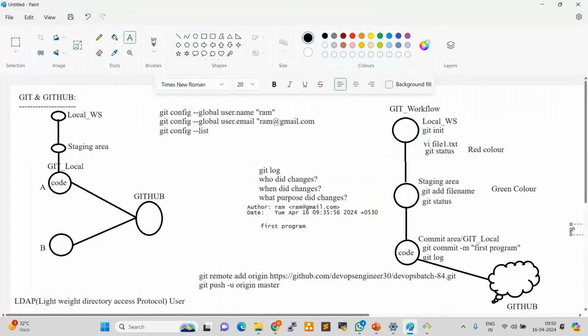Yeah. So first of all, we need to create one local workspace. We need to initialize it as a local workspace. After that, we need to create the user here, right? If you already have a user and you want to override it, you can create the user. Okay. After that, development should be started. Once initialized, development should be started via file name, right? So once you add something in the file, if you